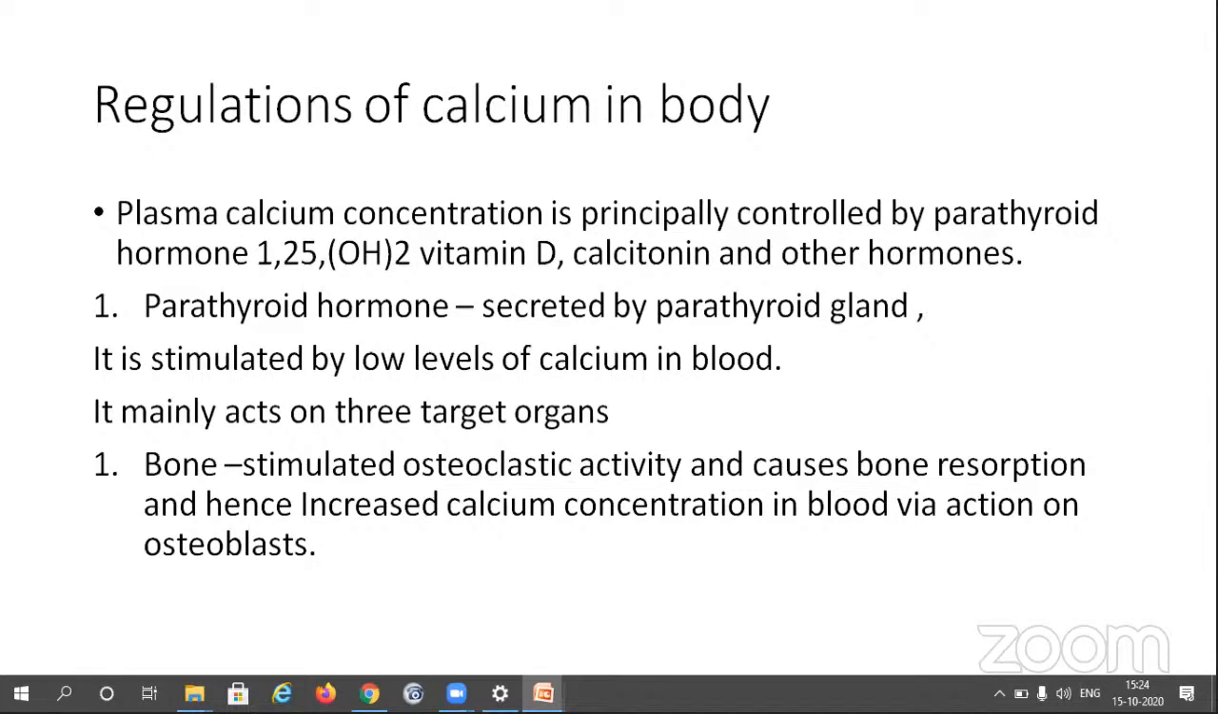Regulation of calcium in the body. Plasma calcium concentration is principally controlled by parathyroid hormone, 1,25 hydroxyvitamin D, calcitonin, and other hormones. Parathyroid hormone is secreted by the parathyroid gland. It acts on three target organs, that is bone,